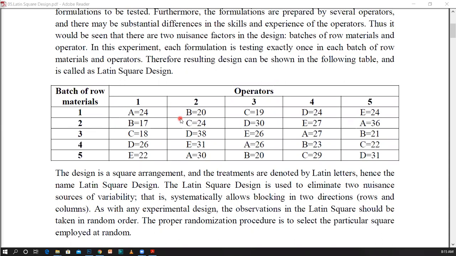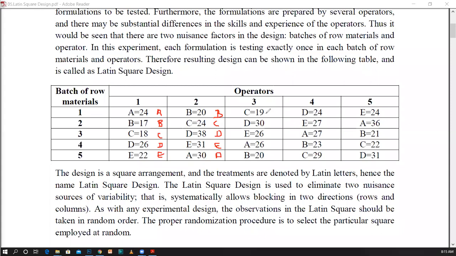You can employ such operators to make the mixtures. When you are writing this data, you can start by considering whether it is row-wise or column-wise. For the easiness of calculation, I am considering column-wise. Therefore, I can apply treatment A here, treatment B here, treatment C here, treatment D here, treatment E here. Then always use the next column using the second letter of the previous column. Therefore, I can start it from B, then C, D, E, and end up with A.